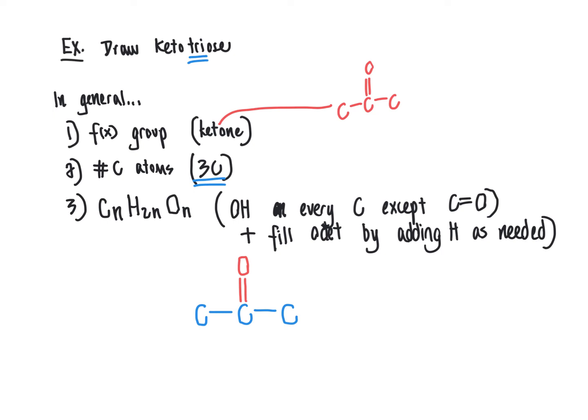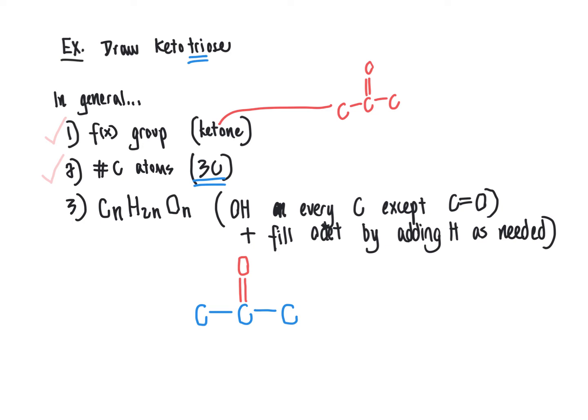So in this case with a ketotriose, there's only one spot where the carbonyl group would go, and in other more complex sugars, you might have multiple options of places where you could put the carbonyl group to give different constitutional isomer structures. So now that we've done that, we have, in essence, taken care of criteria 1, getting the functional group in there correctly, criteria 2, getting the number of carbon atoms in there correctly, and then finally, our last order of business here is going to be to fill in the